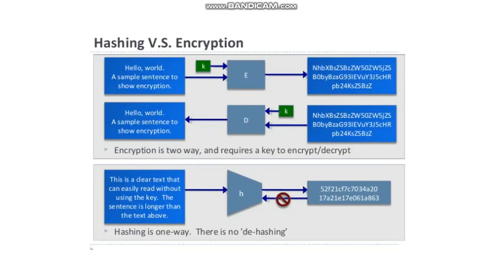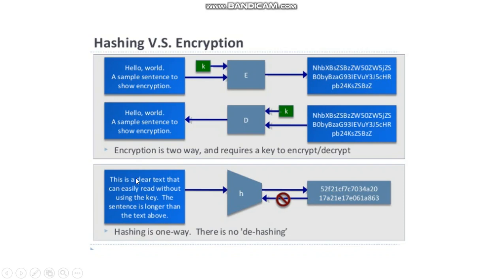And let us compare hashing and encryption, and see how hashing is one way. As we saw in the previous part, in encryption the original text is converted into ciphertext. For that we use some encryption algorithm, and a key is to be chosen. At the other end, the receiver applies the decryption process to the ciphertext with the same key and gets back the original message. But here it is not possible to get back the original message. It is irreversible, and this is how we can say that hashing is one way.